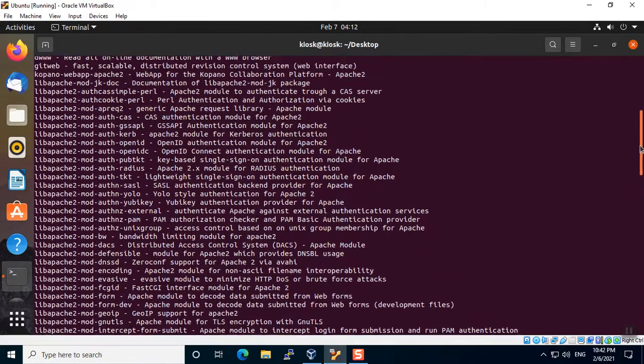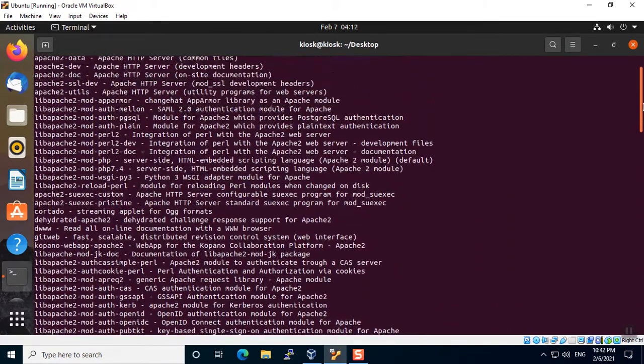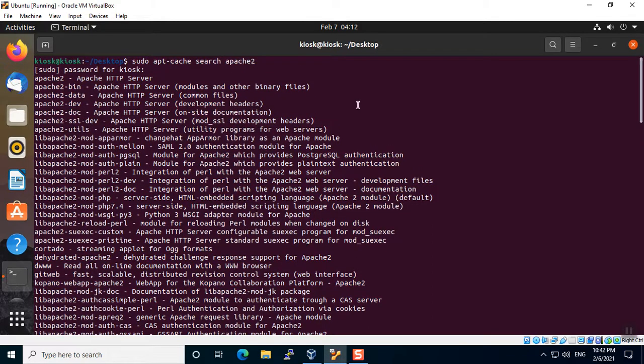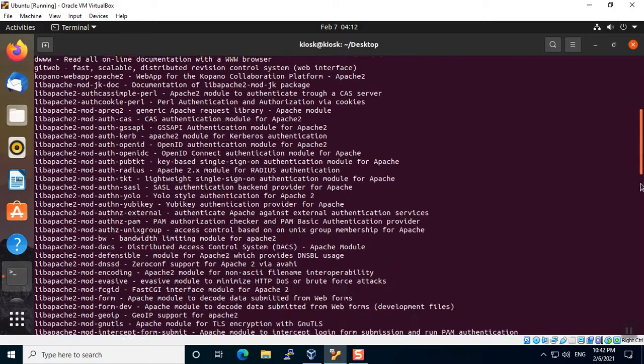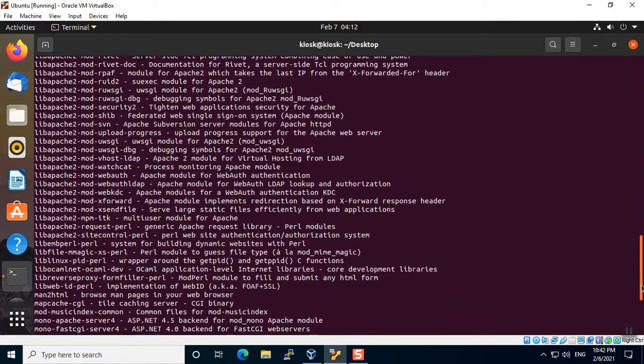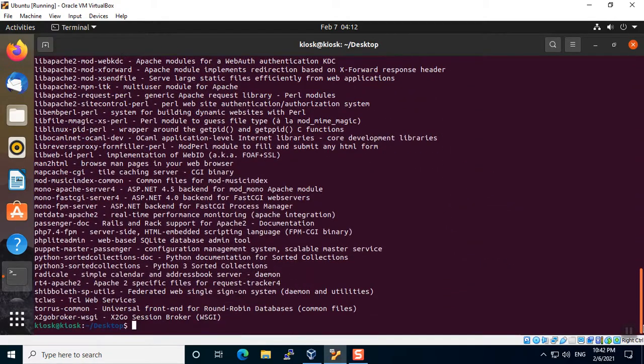We need to check whether the Apache web server is available or not. Here we can see apache2 and apache http, which is called the web server. This package is already available, so let's install it.